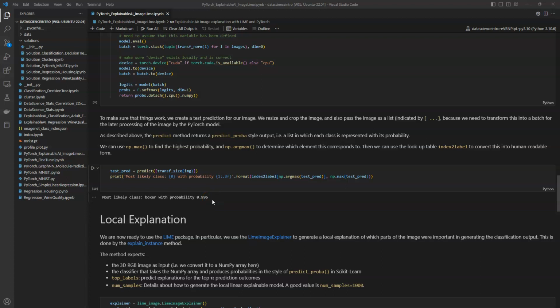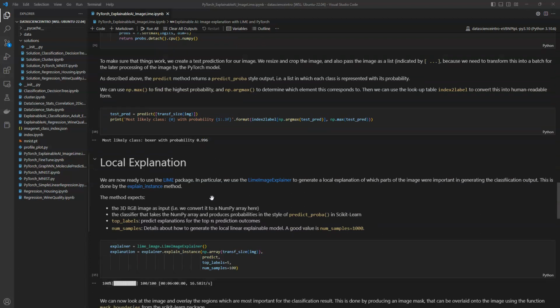We're now ready and in a position where we can use the Lime package, and in particular we use here the Lime image explainer to generate a local explanation of which parts of the image were important to generate the assignment. So what do we mean by this? A local explanation essentially means that we generate like a replacement or surrogate model. So in order to do this, we need to convert our images and all the models into the standard that